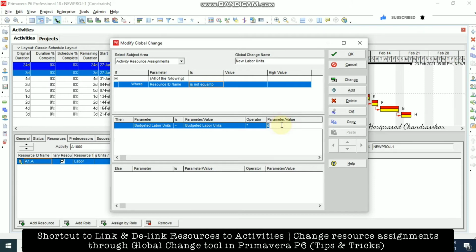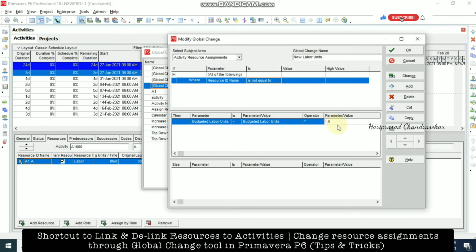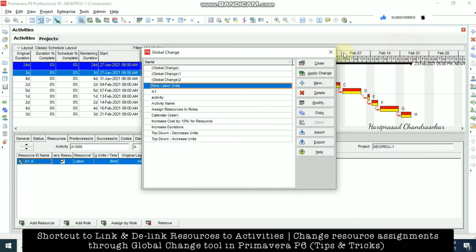For example, I want to make this 1.5 times more, which means 8 hours will become 12 hours every day, 1.5 times. You click OK. Now you can see it is coming under global change.